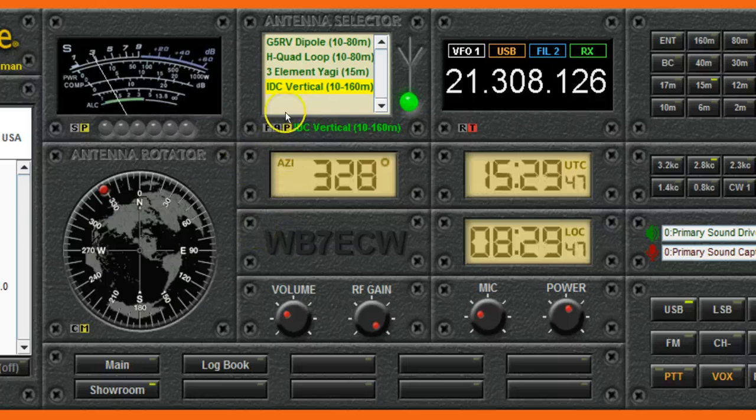I'm going to switch now to the 3-element Yagi, which according to the rotator is pointed here. From my location here, Costa Rica is here, so it's kind of off the back of the beam. And while that's switching, notice I have my UTC clock and my local clock. So now that it has switched, it's gotten quite a bit weaker because, like I said, it's on the back